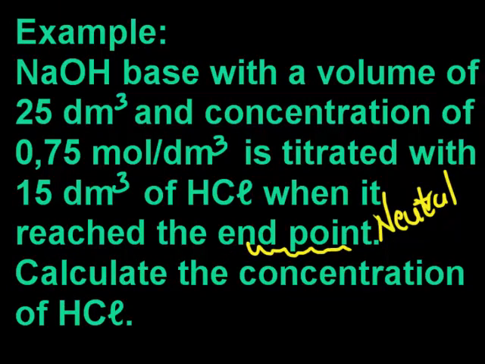Now let's quickly apply this to an example. We're going to have sodium hydroxide base with a volume of 25 cubic decimeters, and it has a concentration of 0.5 mole per cubic decimeter. It's then going to be titrated with 15 cubic decimeters of hydrochloric acid when it reached an end point. Now an end point means that's the point where we're actually going to neutralize, and the pH is going to be back to 7 because we've got a strong acid and a strong base, but we'll talk about that again a bit later. What we would like you to go and do is to go and calculate the concentration of